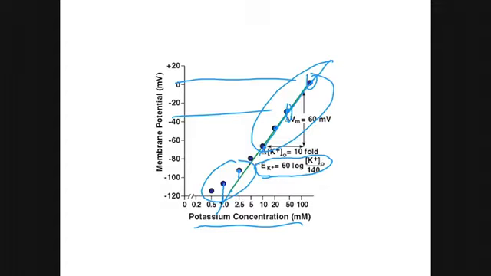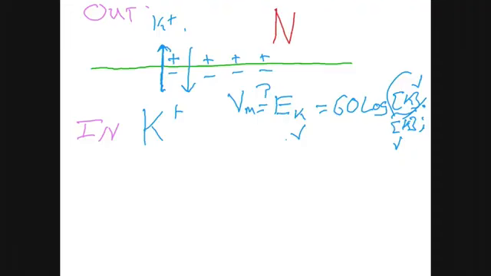So what does this mean? There is another ion in play. And what is that other ion? Sodium. Now we can talk about sodium. So, how does sodium fit in the picture? Well, sodium is in high concentration outside the cell, and it's in low concentration inside the cell. So if you're sodium outside, what do you want to do? You want to go inside.